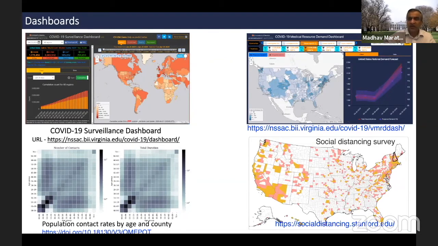We built out another dashboard for our state to tell them how the medical resources are going to be used in the state in the next few weeks. The basic dashboard is generalizable to the US. We are working on the models to drive it, but it tells hospital systems in the state when they can expect the bed capacities to be overshot if the disease continues on the path that it is on.